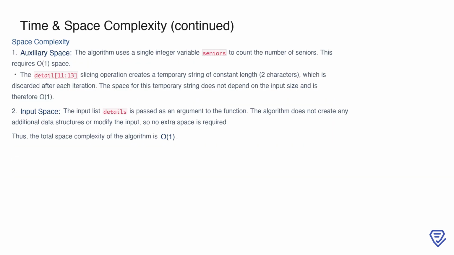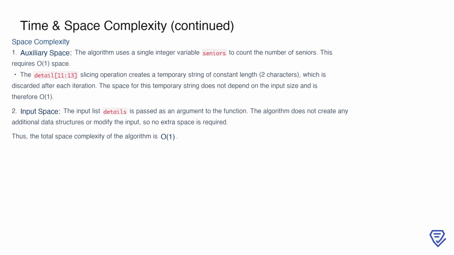Now, let's examine the space complexity of the algorithm. The solution uses a single integer variable, seniors, to keep track of the count, which occupies constant space, or O(1). During each iteration, slicing the substring detail[11:13] creates a temporary string of exactly 2 characters. Since the length of this substring is fixed and independent of the input size, this operation also requires constant space,